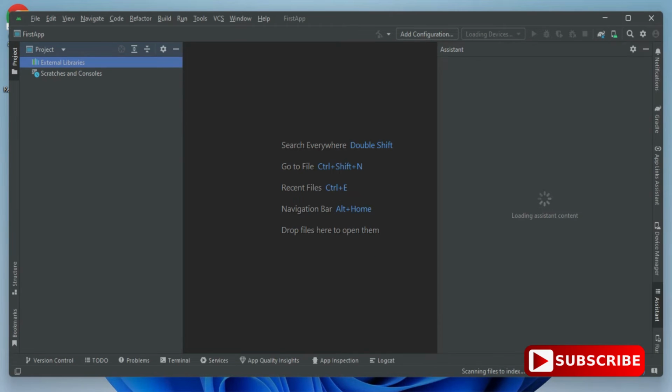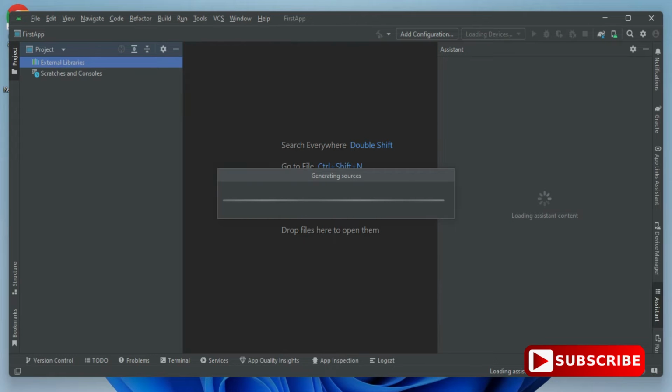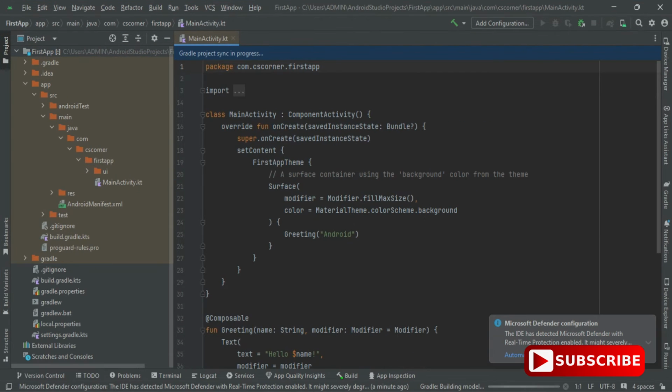As soon as you click on finish button, it is going to show you this screen, and here it will take a moment. So you can see here it is showing updating index and so many. So this takes time, so let it complete and then you can start with your project. So this takes a little time. It builds your Gradle and everything, and meanwhile I'll just explain you this code.